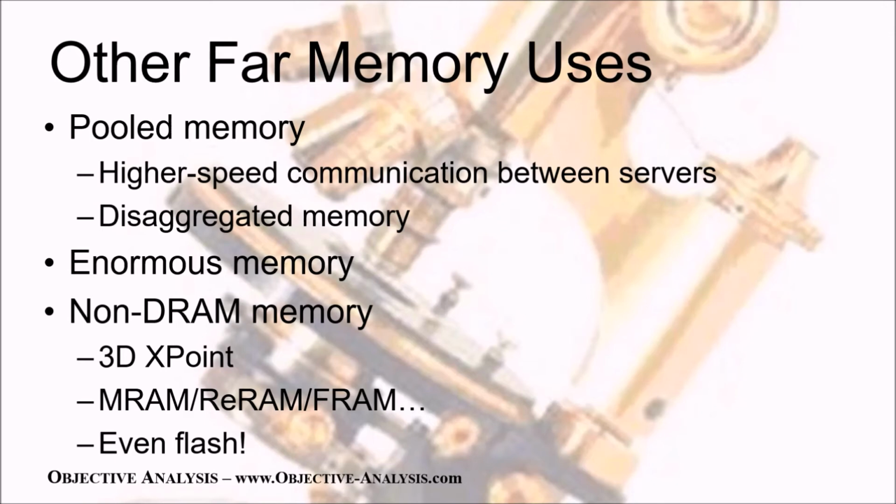Finally, the processor doesn't need to be limited by the memory type that it was supposed to support. A processor that can only communicate with DDR4 could access DDR5 through one of these interfaces, or 3D XPoint, or another new memory like MRAM, resistive RAM, or FRAM. Even flash could be made available through a far memory bus. But speaking of new memories,